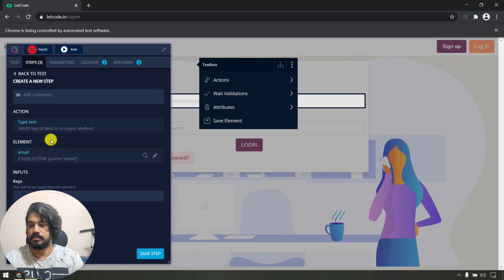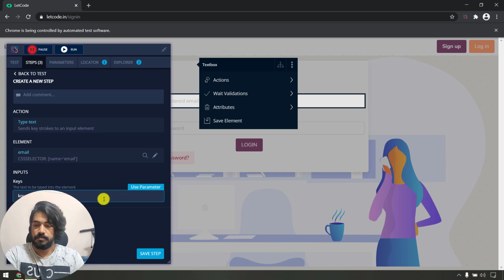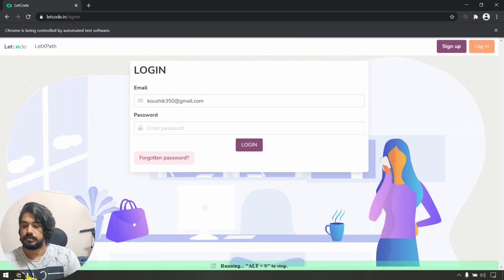And what are the action steps? The text to be typed in the element. I just want to pass my email ID, kaushik350@gmail.com. Okay, that's not getting here.